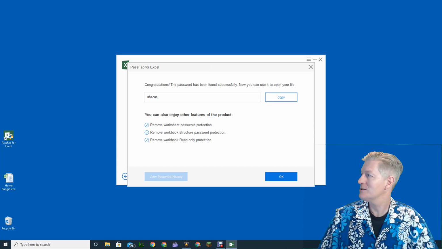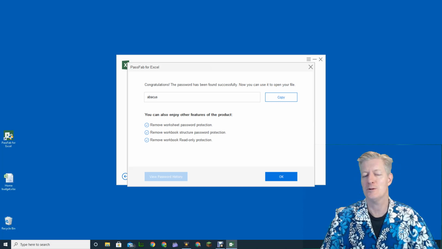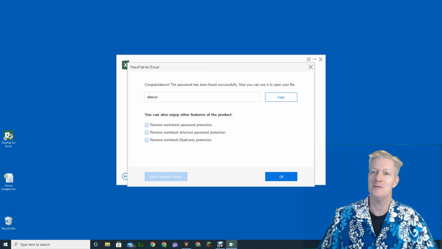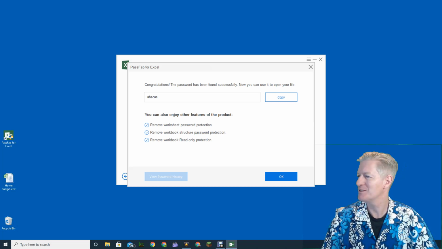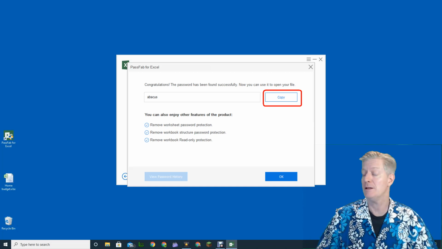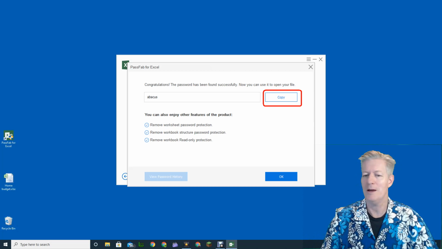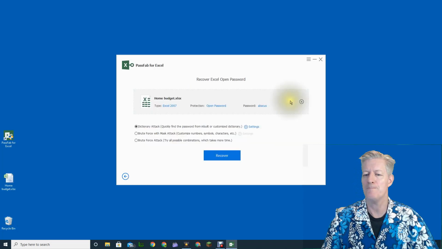It found that it is the word abacus, and that is one of my older passwords that I used to use back in the day for all of my worksheets and workbooks. Notice that you have the option to copy that password, because sometimes you might have a very long, complicated password. This one's not too bad, but I'm going to click on copy anyway, just to make sure everything works. I'm going to click on OK.